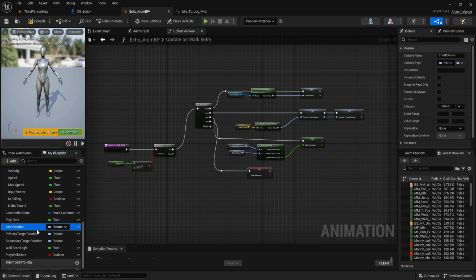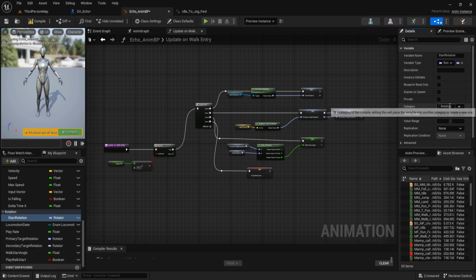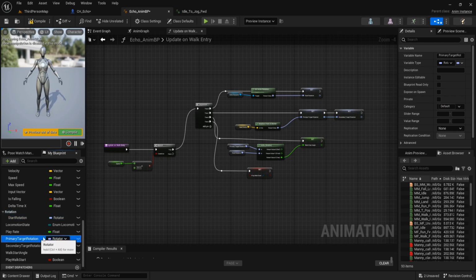And this rotation category, we change it to rotation. This rotator, we choose rotation category.